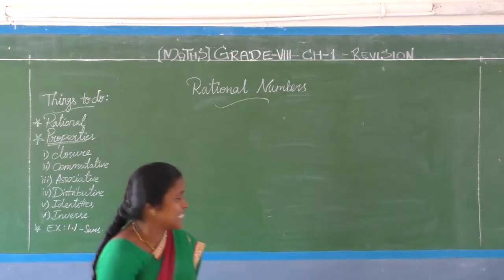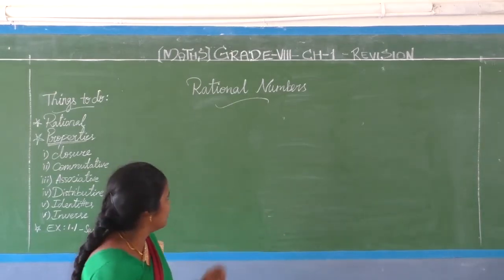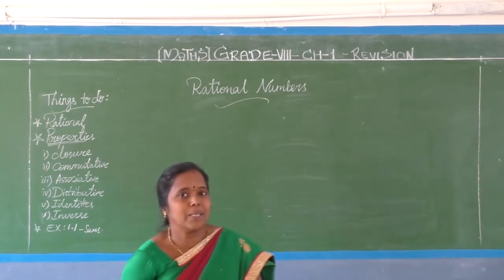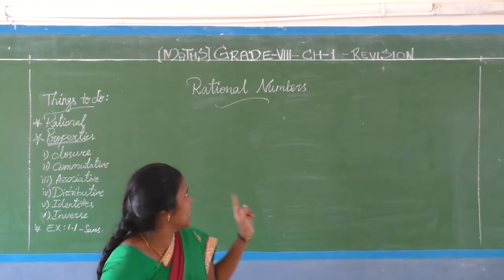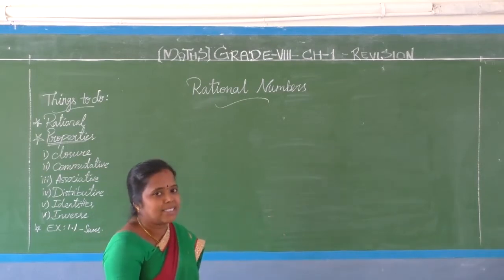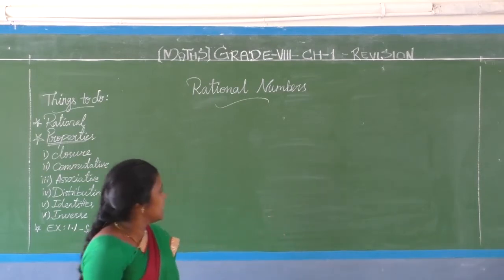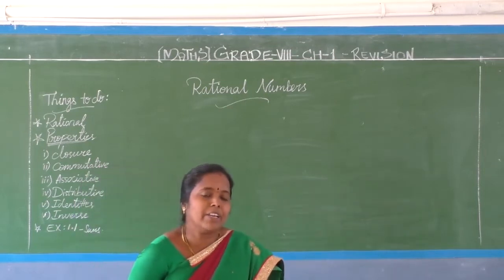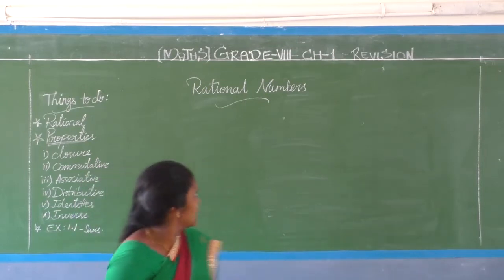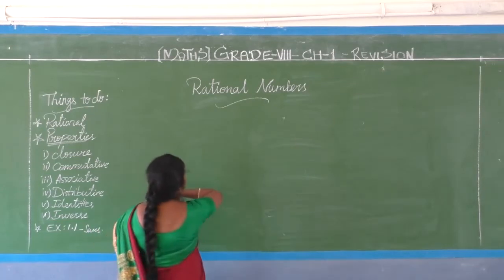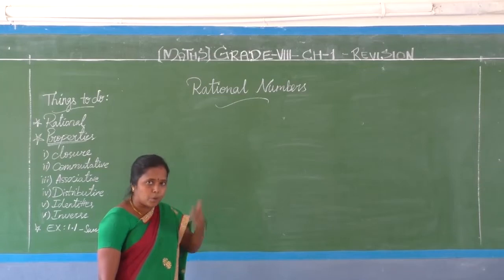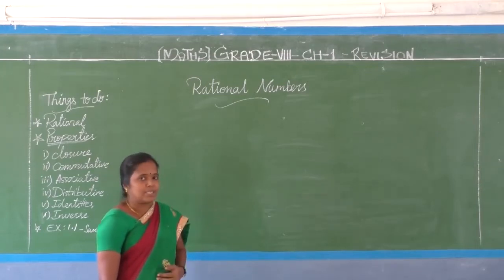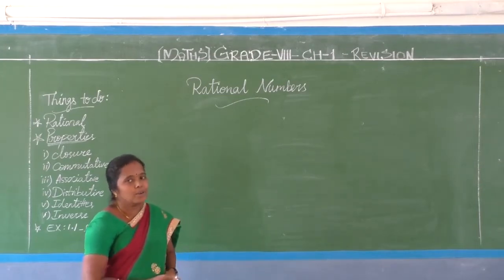Today we are going to see chapter 1 revision. Up to last week we have completed 2 chapters fully. Now we are going to see the first chapter again on a revision basis. Clear? In our first class, the chapter name is rational numbers. In that we introduced what a rational number is, then their properties, and based on that some sums. That only I am going to recap once again.